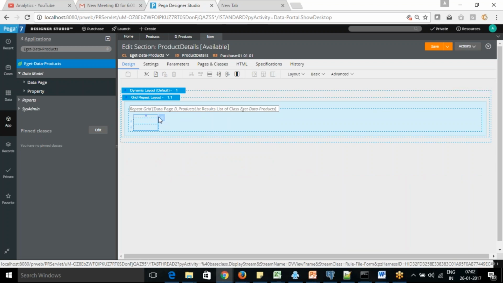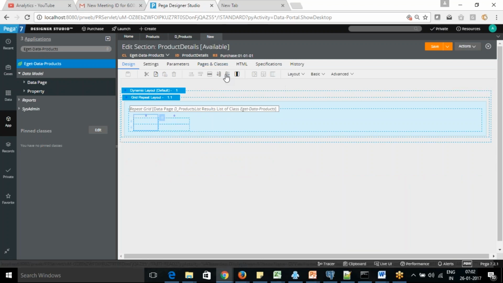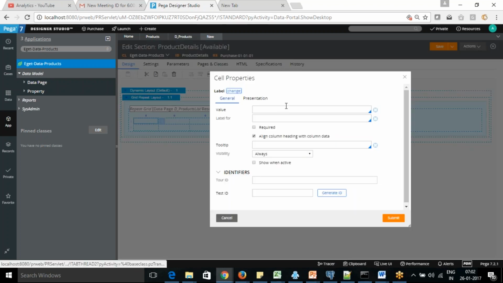Whatever things you want to add, you can put in the insert column. Okay. So here you can write it structure-wise. So this is another way to display the product.